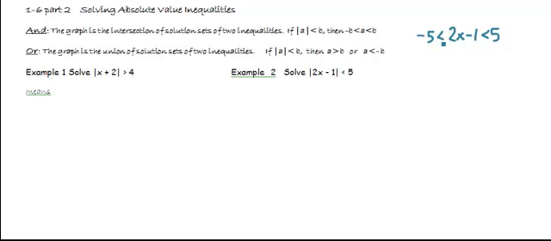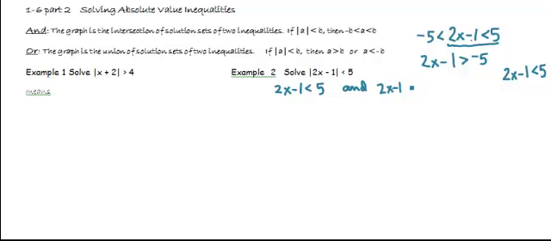Negative 5 is less than 2x minus 1. Notice the absolute value bars have been removed, which is less than 5. I still prefer that it is then written as two separate parts to go forward with the solution. Writing the variable first, you'll notice that 2x minus 1 is greater than negative 5, while 2x minus 1 is less than positive 5. So you can go directly from this statement, creating the habit of saying, well, in case 1, we're going to have 2x minus 1 is less than 5, the direct translation, and